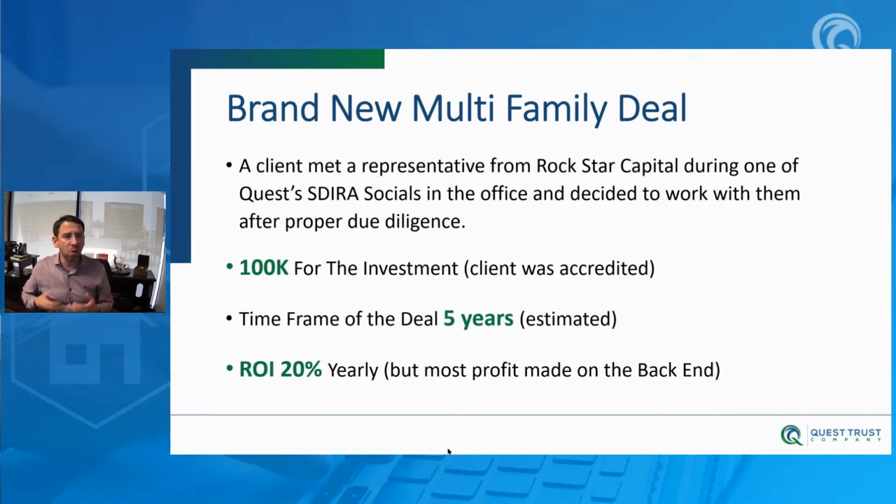So now, when we do most syndications that we see, the average time frame is 5 years. Now, if we break it down and just go through the basic numbers, most of the time your rate of return is going to be somewhere right around 20%. Now, you can't definitely get that guaranteed or quoted, but we're just taking all the multifamily deals, whether it's from Rockstar Capital or anyone else that we've seen across the board. Believe it or not, the good ones are usually around a 20% rate of return.